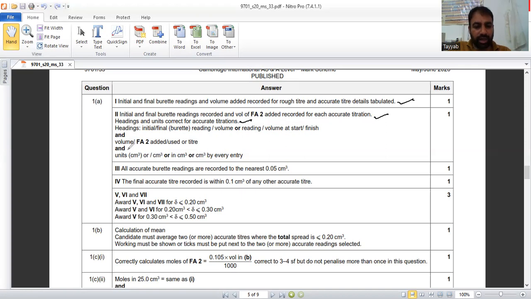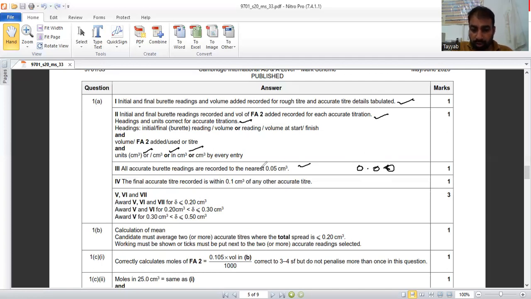Volume at start, finish, and volume of FA2 added, used are the titers. And this shows how you have to take the unit, centimeter cube, in centimeter cube, whatever you want to write. Okay, this is very important. All accurate burette readings are recorded to the nearest 0.05 centimeter cube. If you see my table, I have drawn it as 0.00. Commonly, a student can ask, sir, why have you put 0 after the point? It may be 10 or either. No, it is necessary,